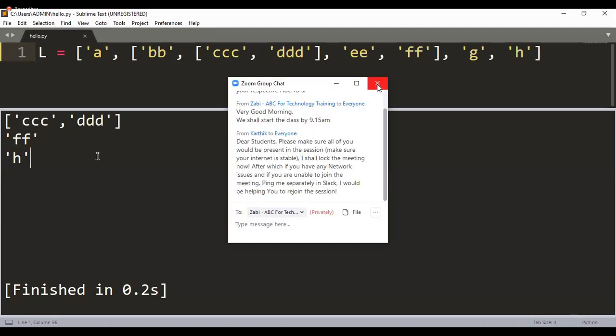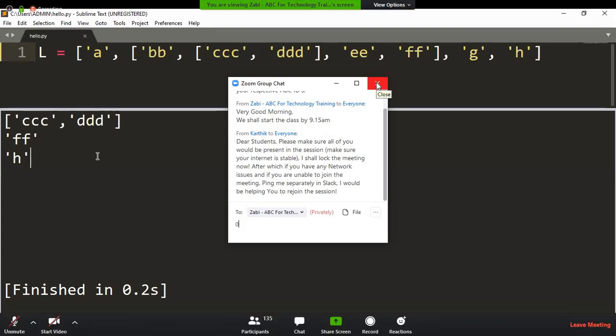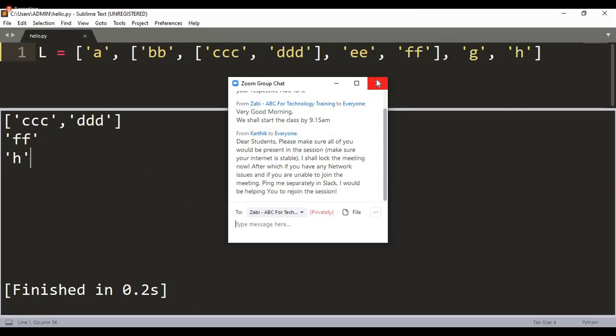There is a nested list given to you guys, and this is the output that I'm expecting. So all that you have to do is access it and print it. That is all you have to do.